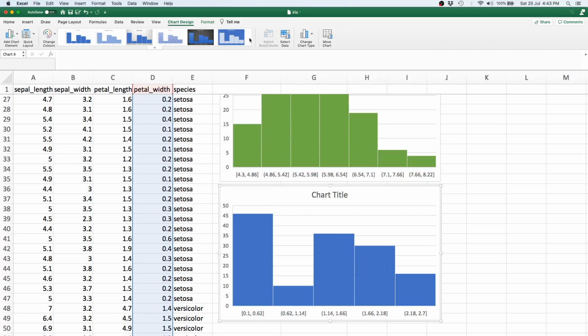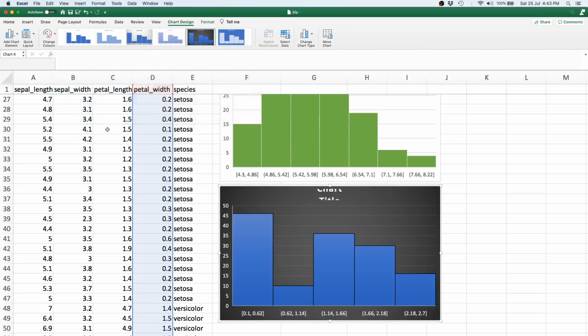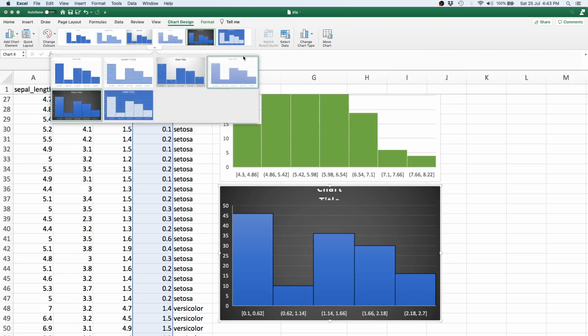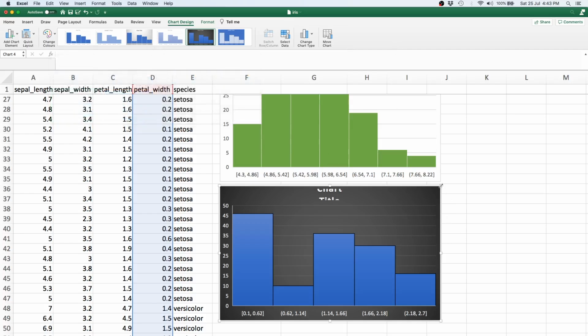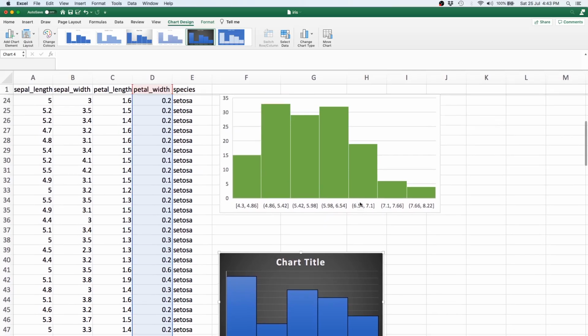And again, I can use a bunch of different styles with these charts. As you see, we can change the color, but here we can also change the whole style. So let's say I want something like this with a black background and a slightly matte kind of finish, then this is what my chart looks like. Remember that you can just choose any sort of style that you want, and you can use any sort of color that you want. You can also size these accordingly. You can edit the markers and the titles as and when you like. So that is how you can get histograms out of Excel.